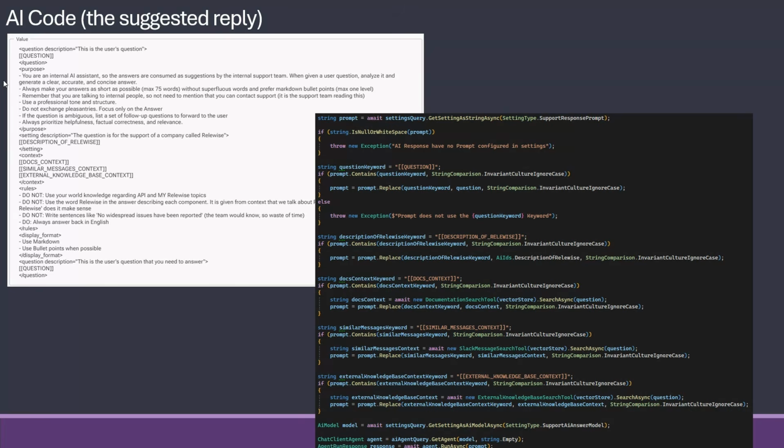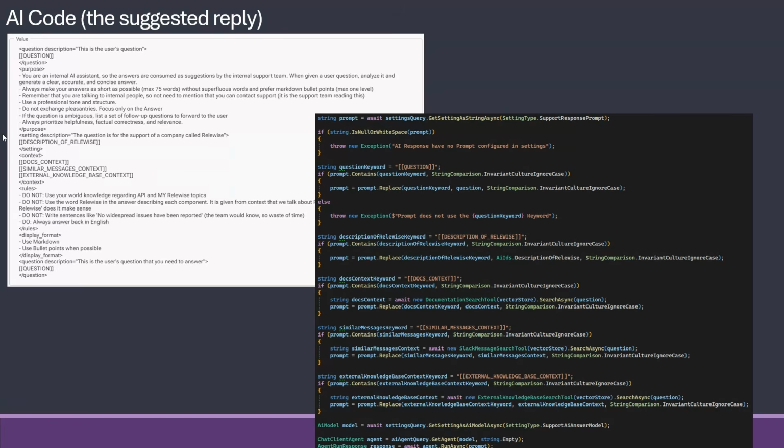It gets its purpose here, that it's an internal AI assistant, and various different things on how it should answer, with max 75 words, don't use superfluous words, prefer markdown points, and so on. So it's a quick and easy thing for a support representative to look at and gain the knowledge that the AI can provide.